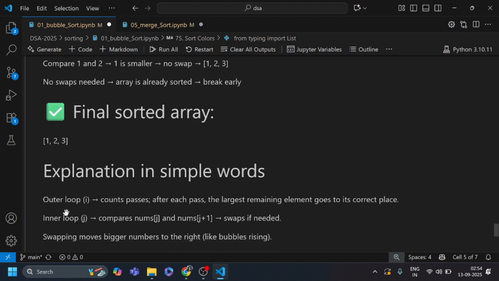In simple words, the outer loop i counts passes. After each pass the largest remaining element goes to its correct place.